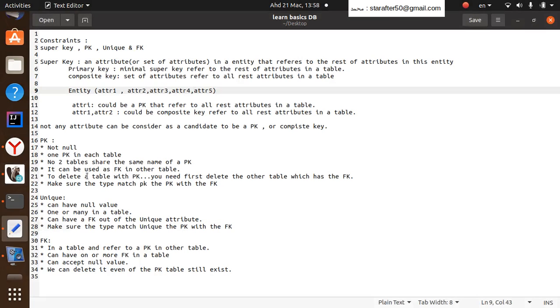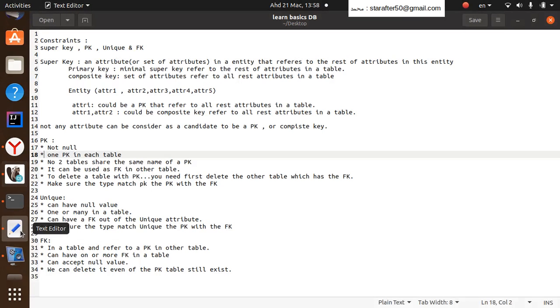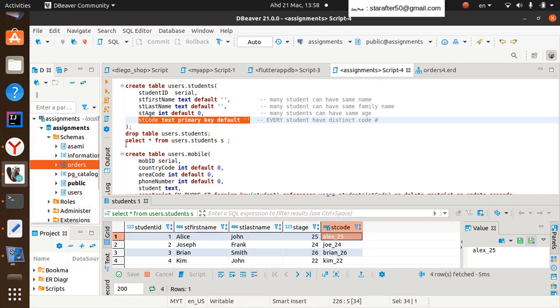Now the second thing is that in each table there should be one primary key. This table, this entity, has one primary key, and that's what it should be. You cannot assign two primary keys in a single table. The third thing: no two tables share the same name of primary key. You see here, each primary key has a name. Now this name should be unique